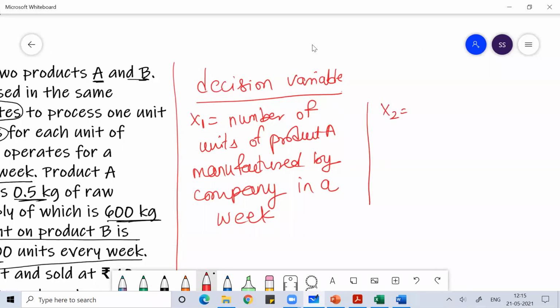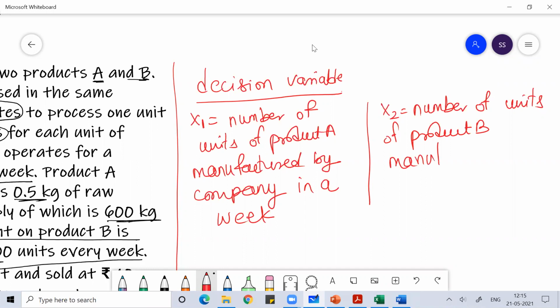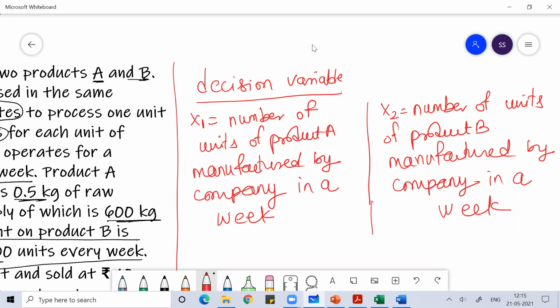X2 is the number of units of product B manufactured by the company in a week. So once you get the X1 and X2 data,